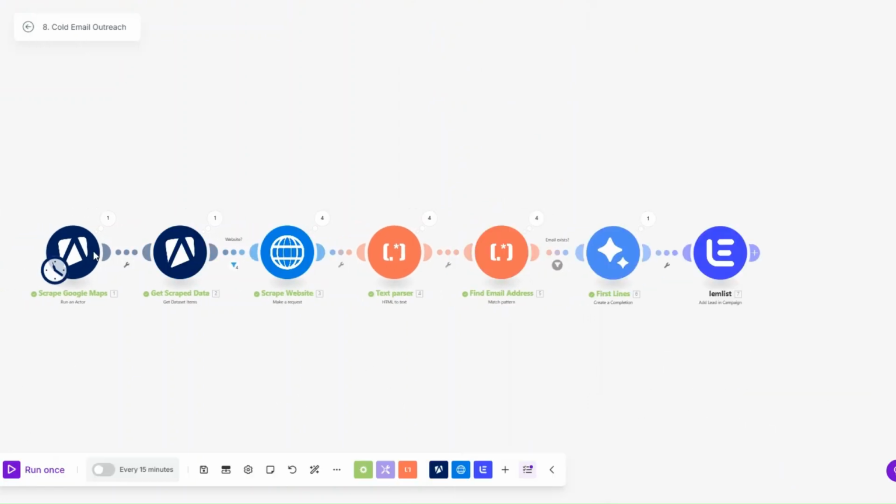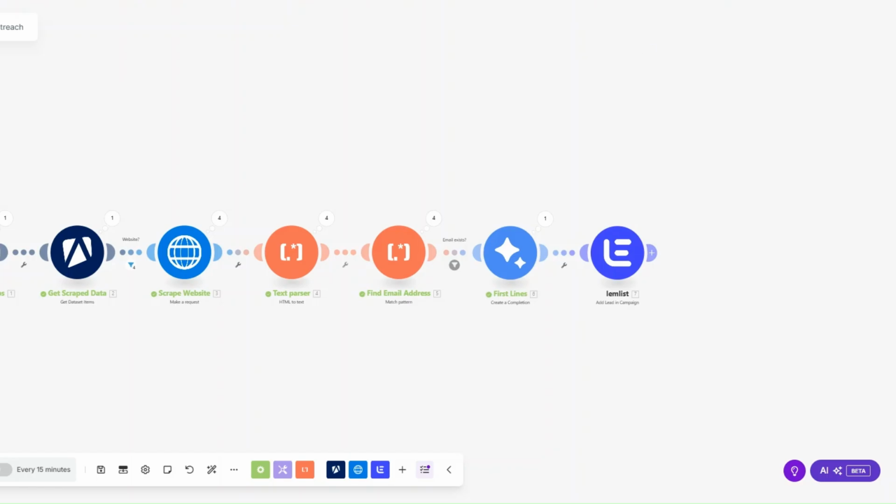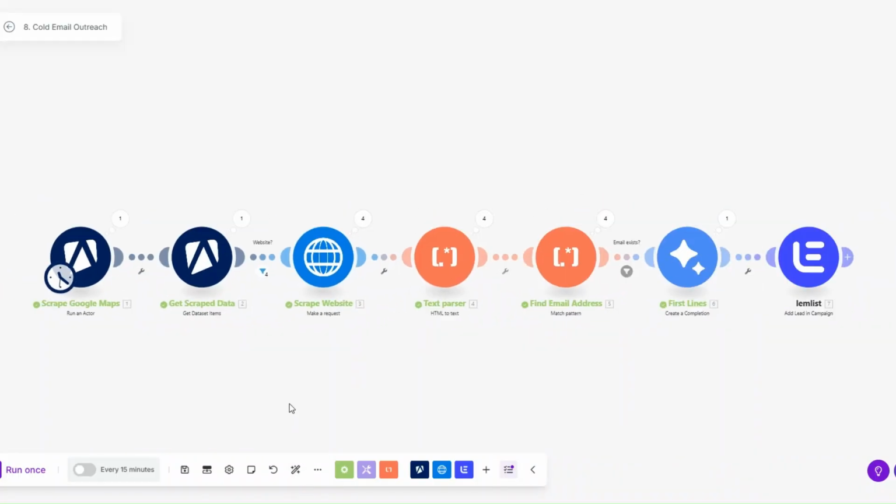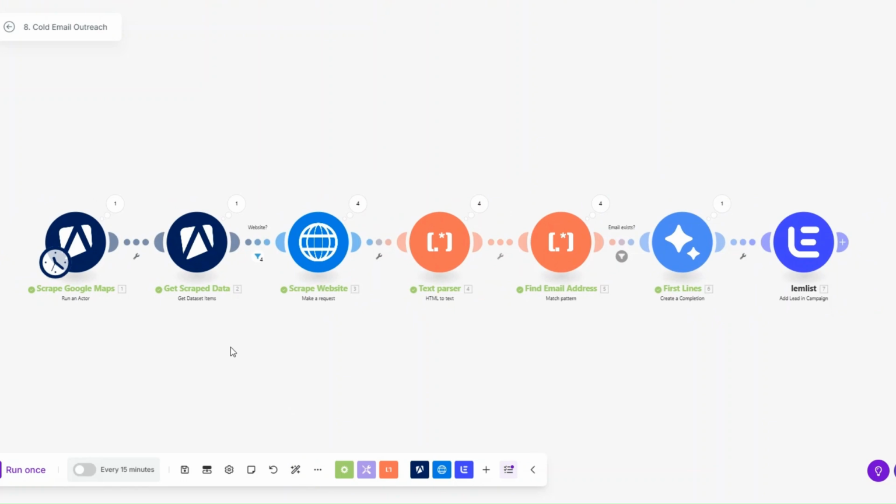Now, when you run the automation again, it's going to scrape Google Maps for the leads that you're trying to send outreach campaigns to, and you're going to get the leads right here. We're going to scrape their website, convert their data into text, find the email address from the text, create a first line using the data that we scraped, and then add the email address and the first line to our campaign on Lemlist. From here, all you have to do is hit launch on the campaign to launch the outreach campaign. So by creating this simple automation on Make, we've automated the whole email outreach process for an email marketing